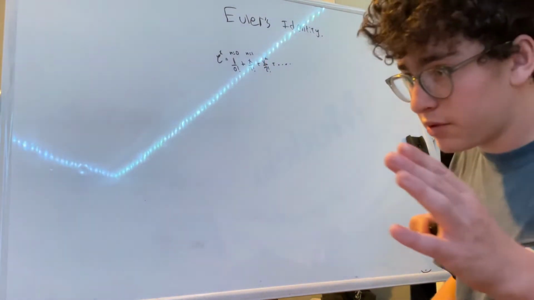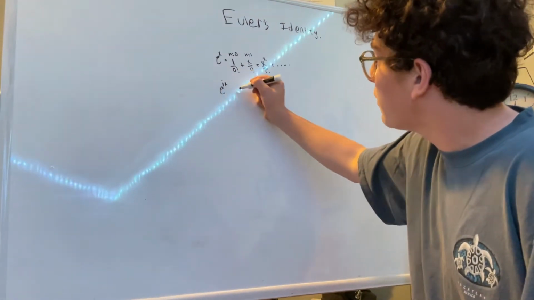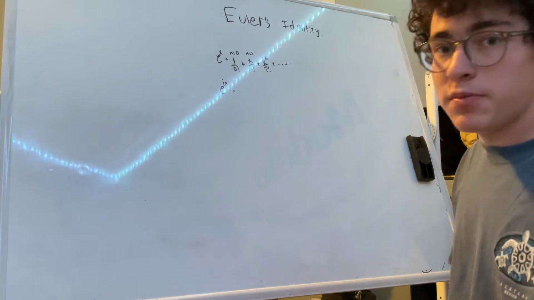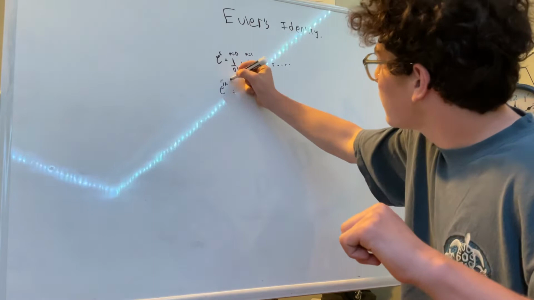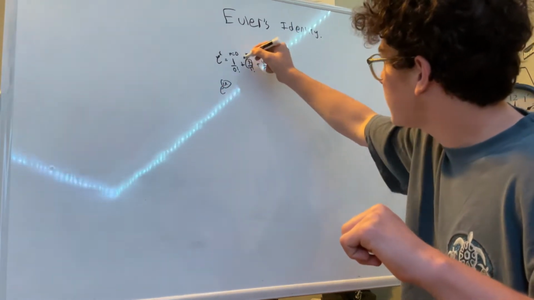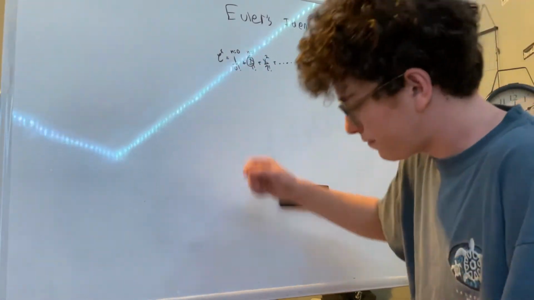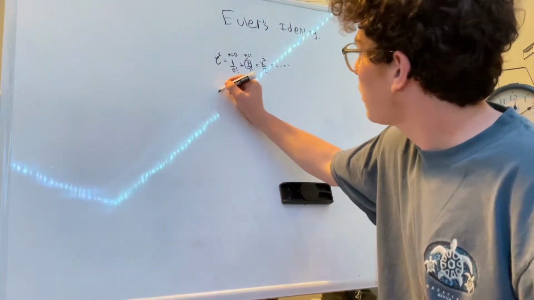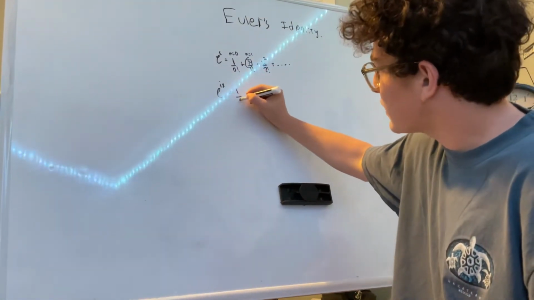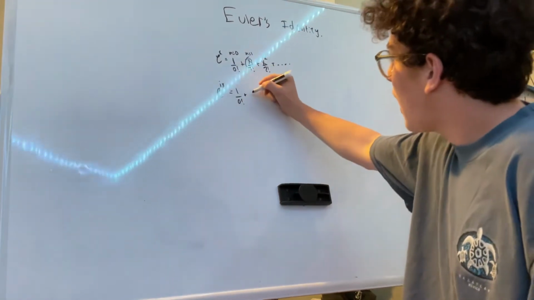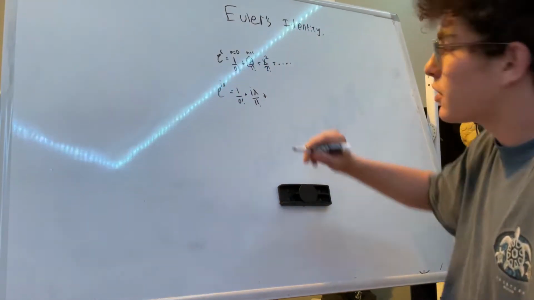Now, what Euler thought is, what if I plug e to the ix into the series? If you may be asking yourself how we do this, we can just take this and plug it in every time we see x. So it's just a direct substitution. Therefore, e to the ix is equal to 1, because there's no x there, we can't plug anything in, plus ix over 1 factorial, plus, and we're going to go out to the 4th for this,